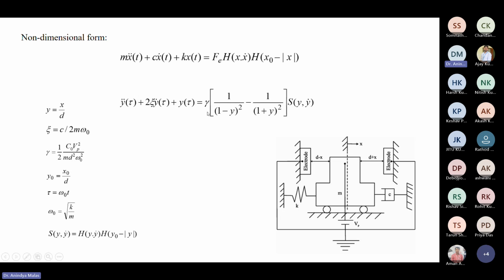And why do we do the non-dimensionalization? Because it reduces the number of parameters. You can see that in the first equation the number of parameters is more than the number of parameters in the second equation. So we do the non-dimensionalizing to reduce the